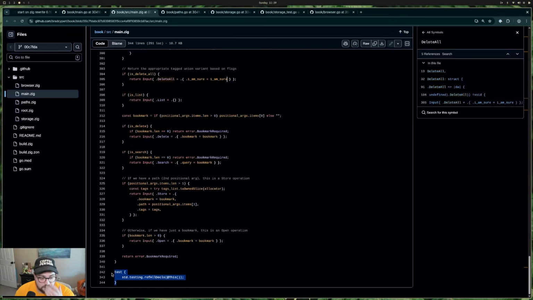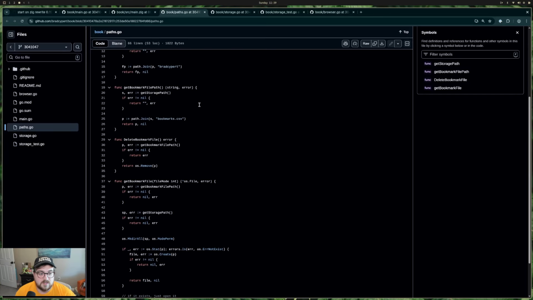There's this little trick that I found too: if you run zig build test and you aren't seeing the tests from all of your other files because you haven't connected them through your build.zig, you can do this and it will test all of your public tests. So if you have a test at the public scope level, it will go ahead and run all of those for you too, which is really nice. Okay,